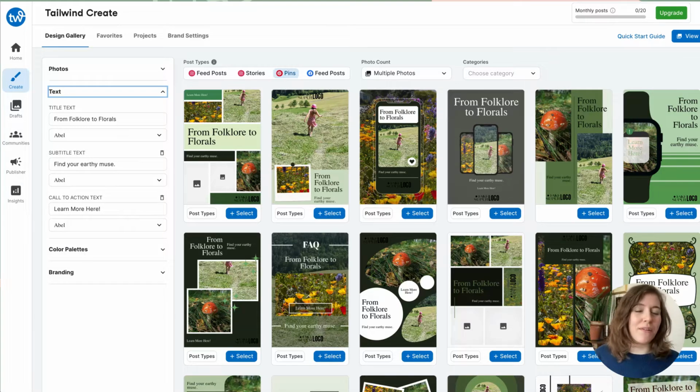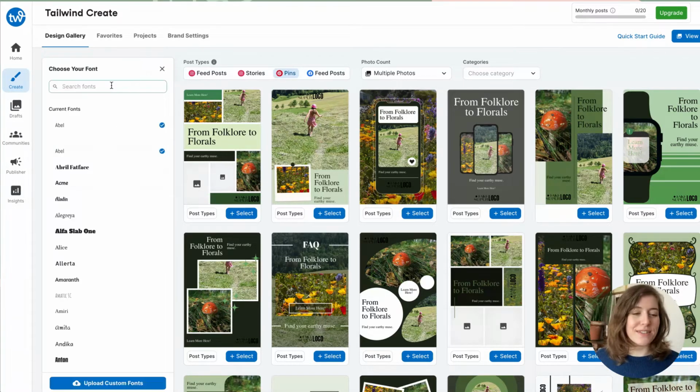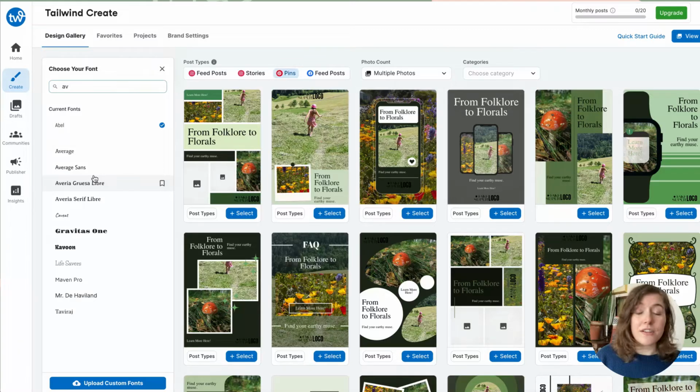One, I really need to change my fonts. It has some stuff that I've used in the past, so I'm going to utilize some of our font pairings from our Design Trends blog. I'm going to come over here, drop down, and I already know the fonts that I'm looking for, and I can use this nifty search feature over here. I'm going to start typing it in, and it'll start pulling up the font that I'm looking for. I'm going to go ahead and select